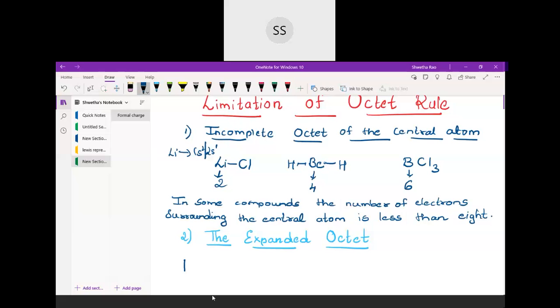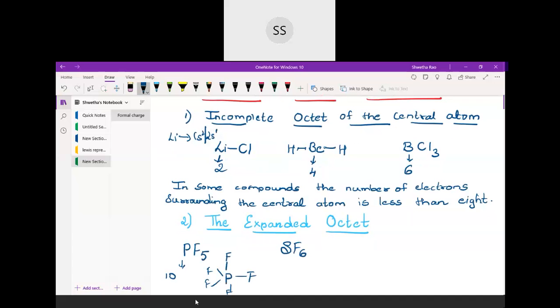So here it is more than 8 electrons. And sulfur, you see, sulfur is linked with 6 fluorine atoms. That means the number of bonds the sulfur is forming is 6, and 6 bonds means the number of electrons over here will be 12. So the number of electrons in the outermost shell of the sulfur is found to be 12, which is more than the octet structure. These will be the examples for expanded octet. So you can write down: in some compounds,